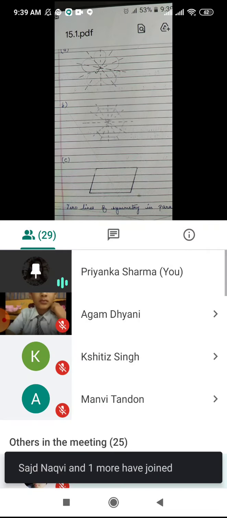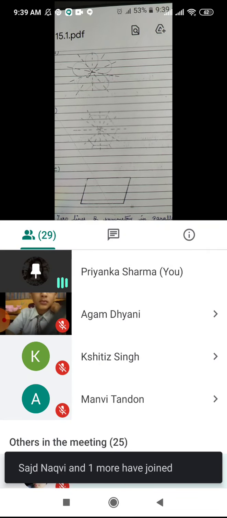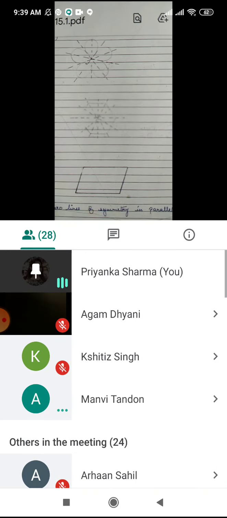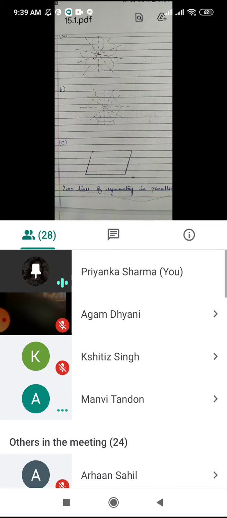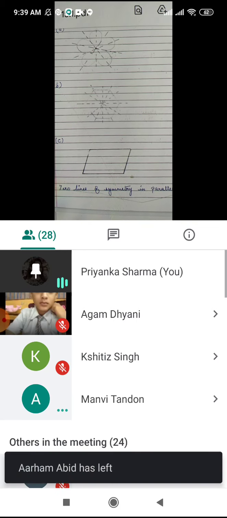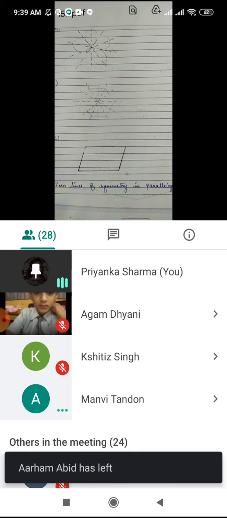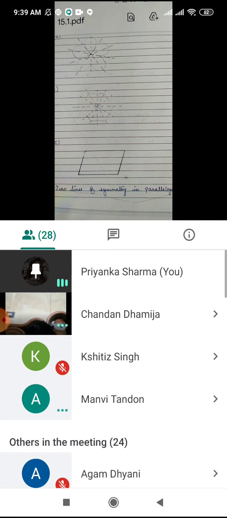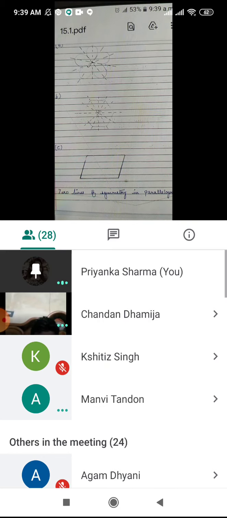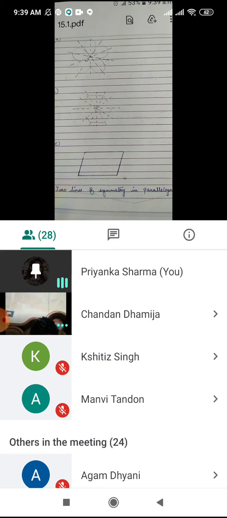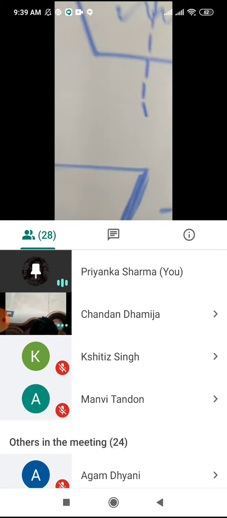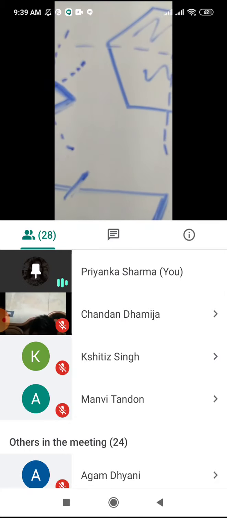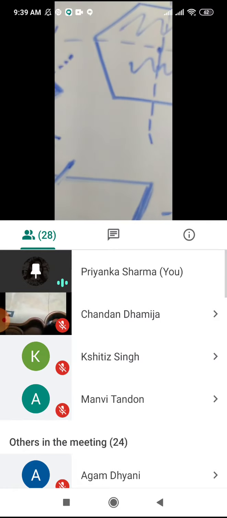can you see the figures drawn? In the first figure, can you see the lines of symmetry? Then in the second figure also see the line of symmetry. And then come on to the third figure. It is written that zero lines of symmetry in a parallelogram. Clear? Okay. These three sums, that is A, B, C, you have to do in your fair copies. Clear to everybody? Now come on to question number 3.